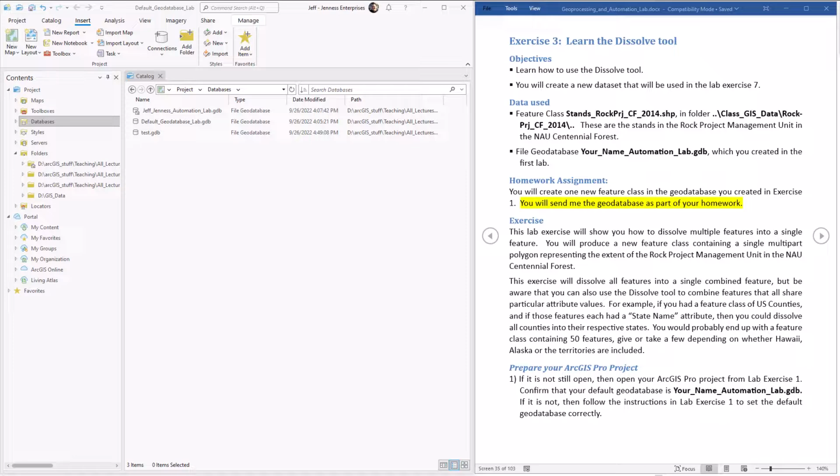Hello everybody, this is Jeff Janess and welcome to our third lab exercise on geoprocessing tools in ArcGIS Pro. This exercise will show you how to dissolve multiple features into a single feature, and we're going to use this tool to dissolve several forest stand polygons in Centennial Forest into a single polygon representing the general project